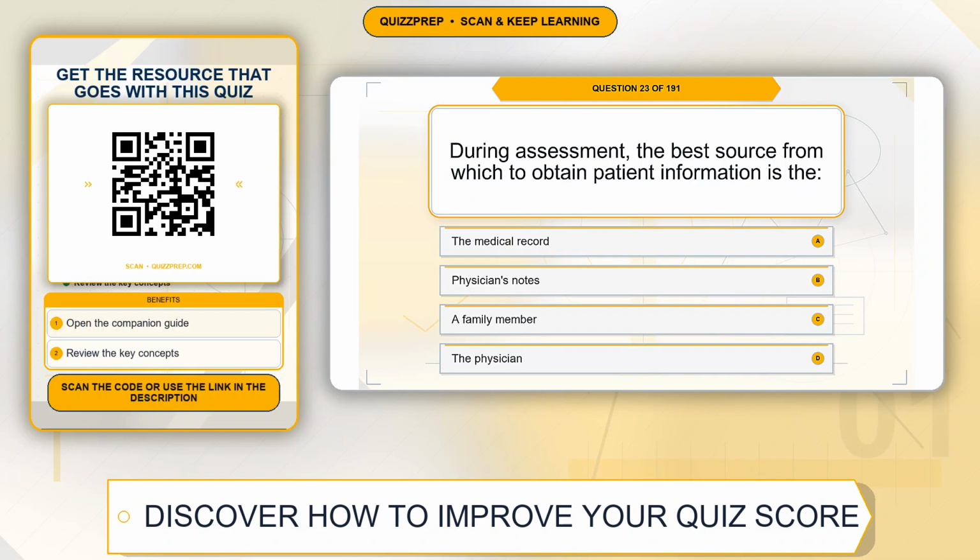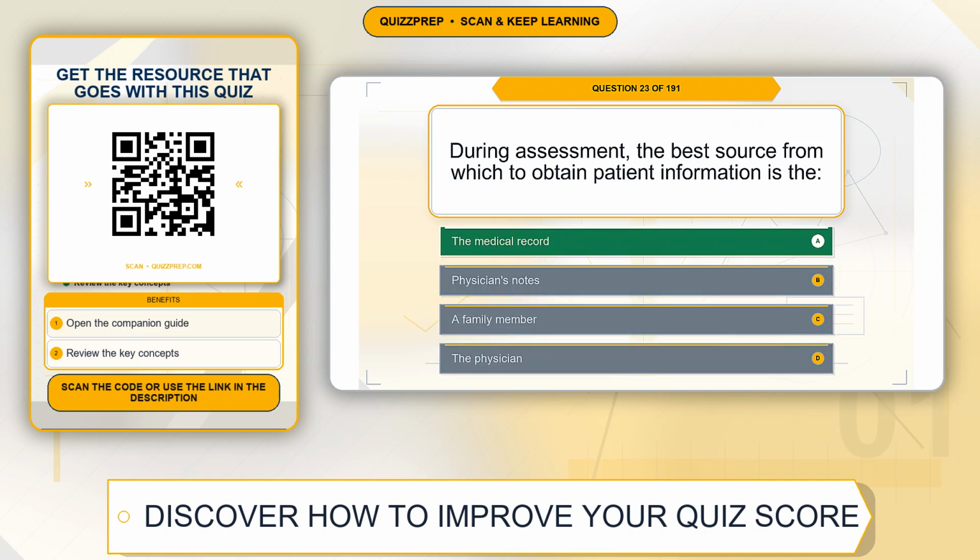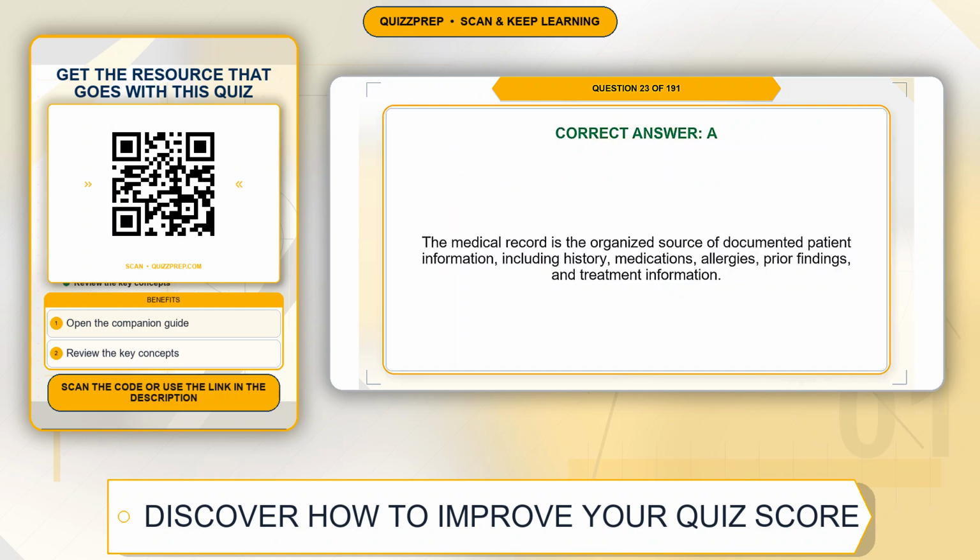Question 23. During assessment, the best source from which to obtain patient information is: Option A, the medical record. Option B, physician's notes. Option C, a family member. Option D, the physician. The correct answer is option A, the medical record. Explanation: The medical record is the organized source of documented patient information, including history, medications, allergies, prior findings, and treatment